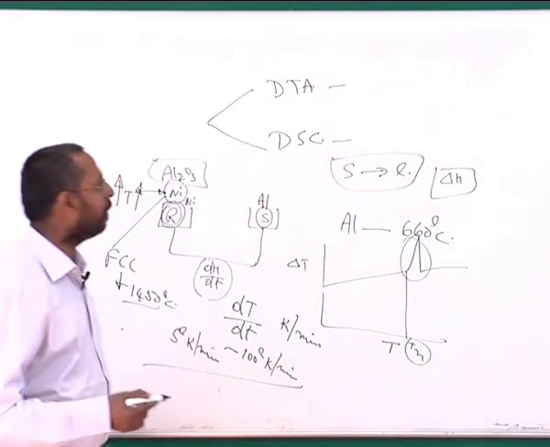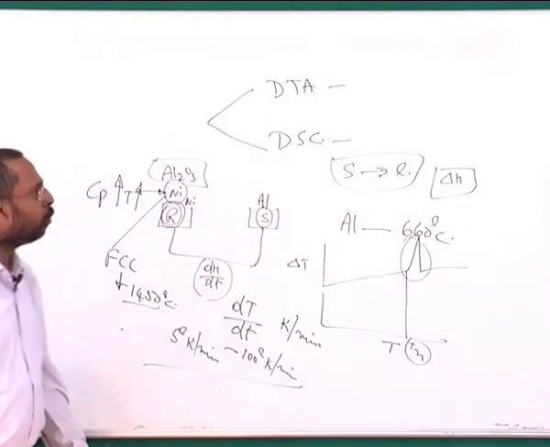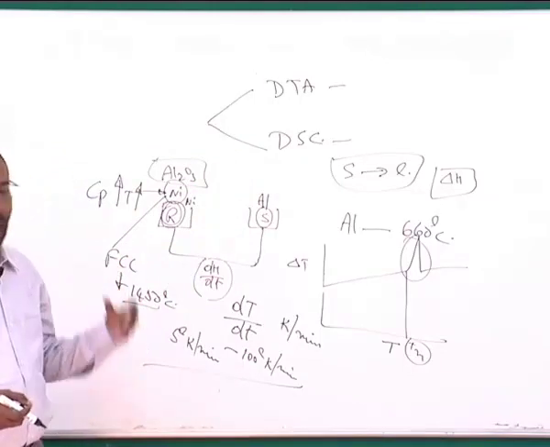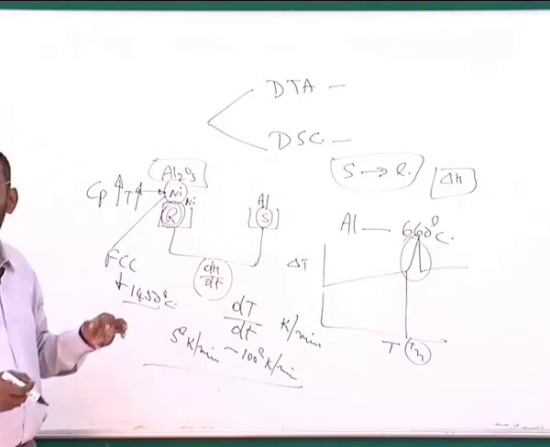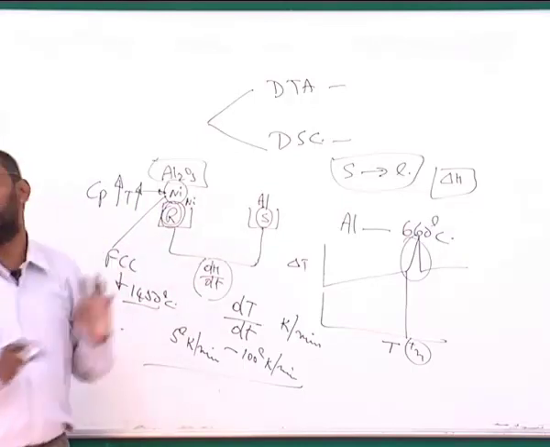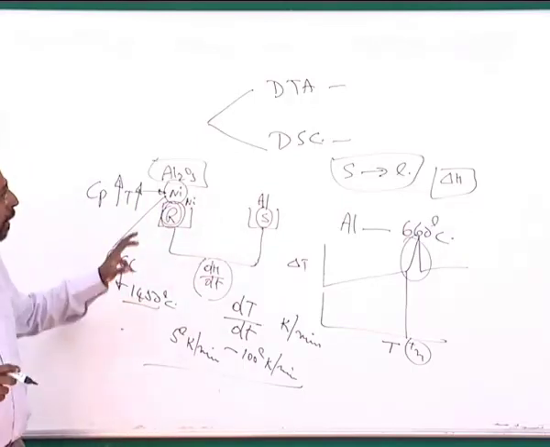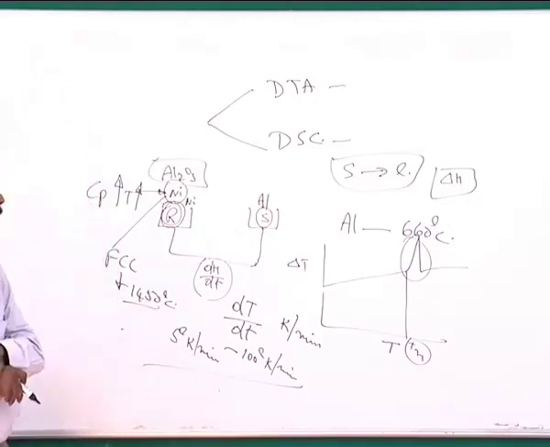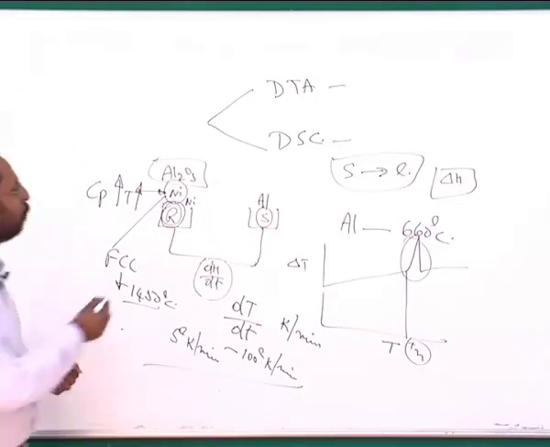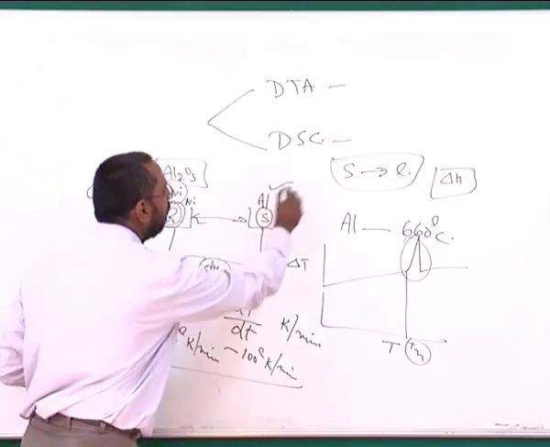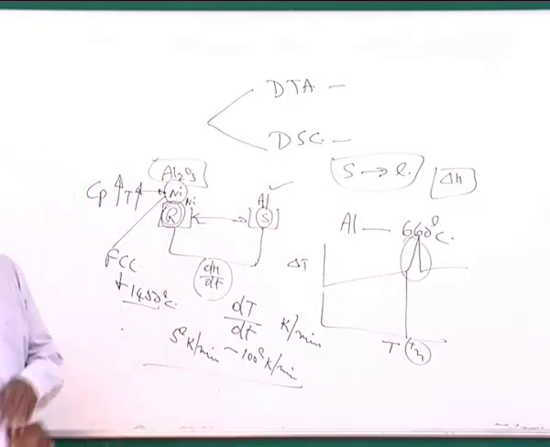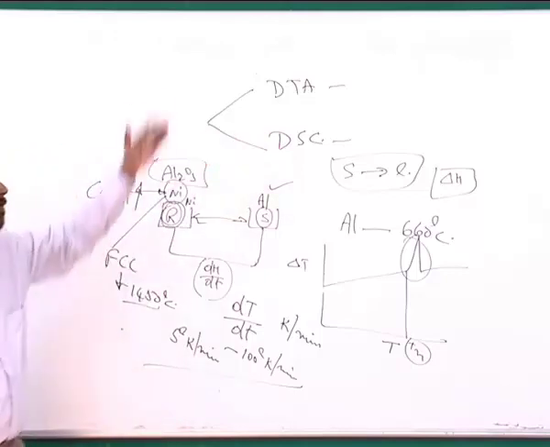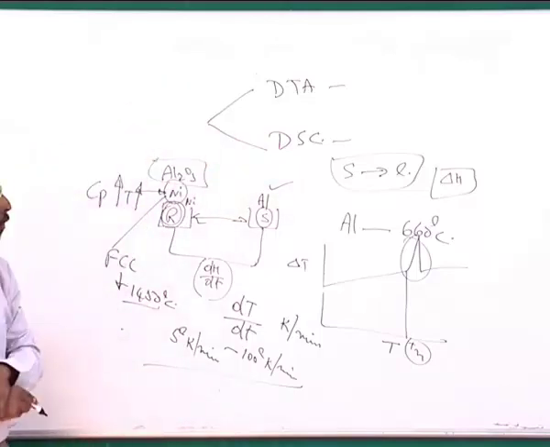So hence people have developed two tools where you don't measure the temperatures of a particular material directly, but you measure it in relation to something else. That will possibly enhance the amplitude of the signal that can come out, because you are measuring the differences rather than the actual value coming from one sample. And these are what we call DTA and DSC, differential thermal analysis and differential scanning calorimetry.